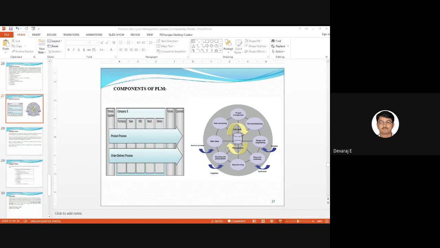Then that's called project management. So we will complete the project or the product. So that is from first process to last process. Okay, that's called project management. Then part manufacturing. So what is part manufacturing? Individual parts. So individual parts we'll go for manufacturing, then design and engineering, then it will come for sales and marketing. Okay, so there will come the customers. Then manufacturing, then sourcing and then procurement, means buying the raw materials.